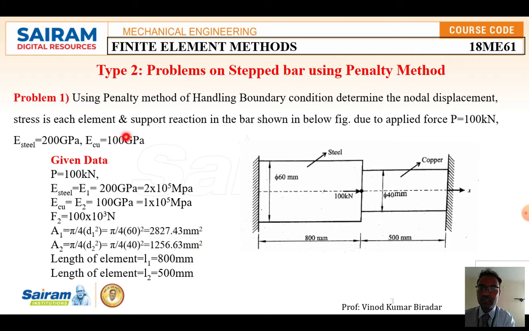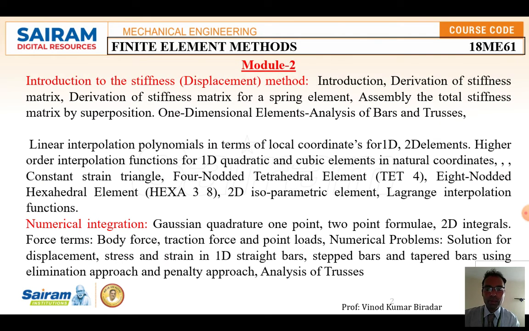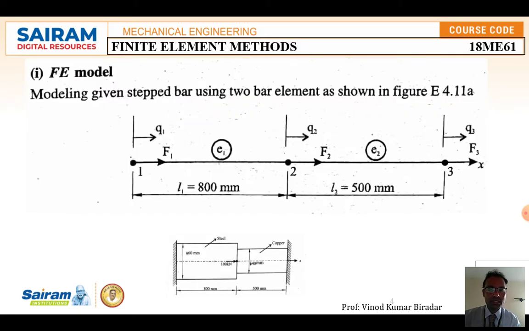After calculating all these things, here the area is not given; instead of area they gave the diameter. You have to take the diameter and calculate the area. So what is the area formula? Pi d square by 4, that is pi by 4 d square. This is the formula for both the bars. Once you know the area for both the elements, then apply the procedure. The same procedure will be there.